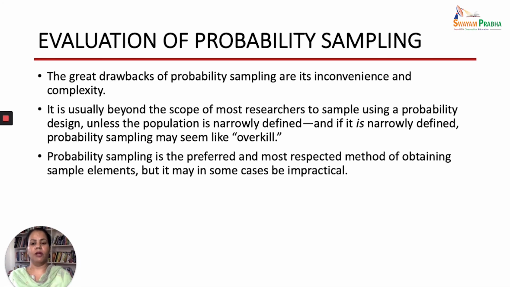For example, if you are doing a study on hospital patients, you have to have a sampling frame of all the hospital patients admitted with a certain disease. But what happens in the hospital is that every day new patients are admitted, and every day patients are discharged also. So even if you make a list, one day that list might be all right, but the next day new patients might be added into that sampling frame. So then it becomes difficult for you to go for probability sampling.